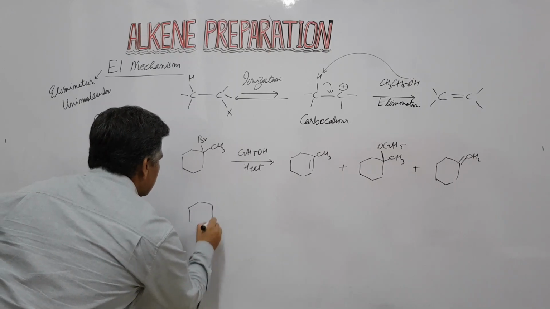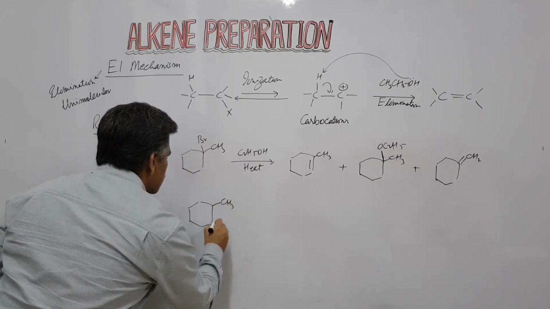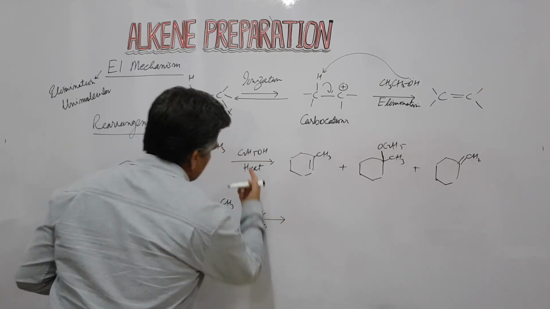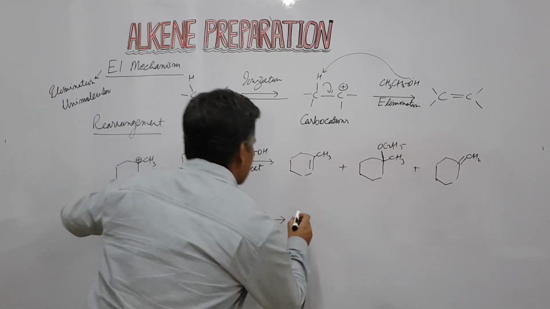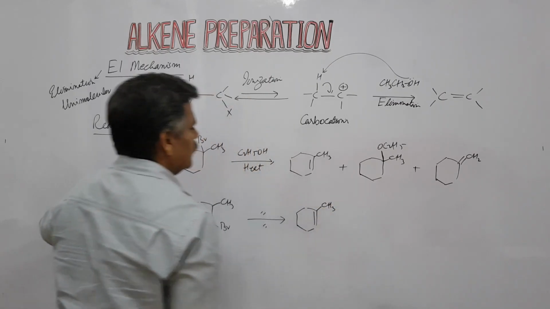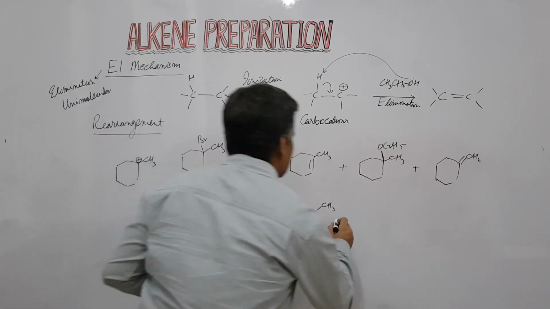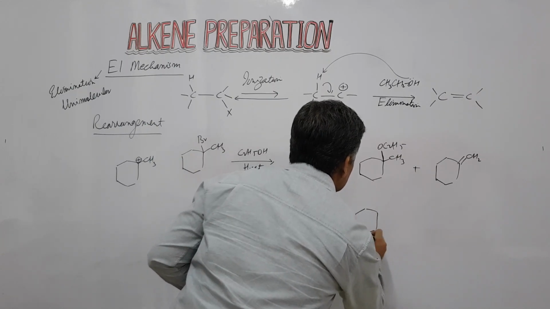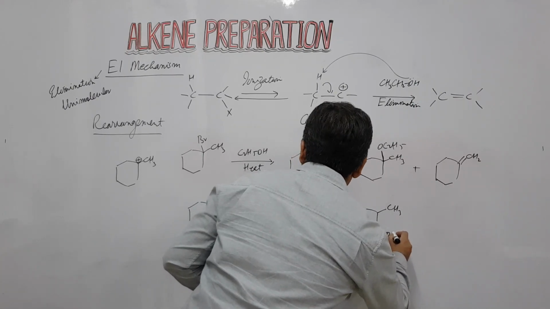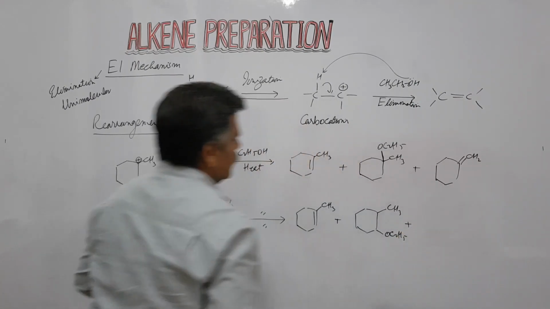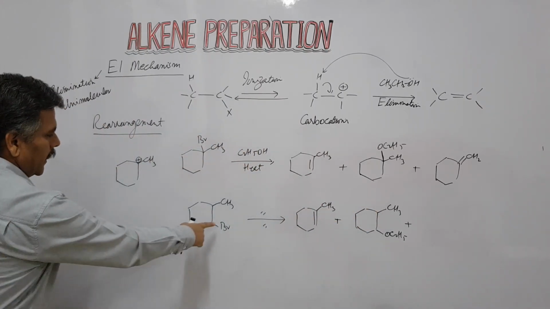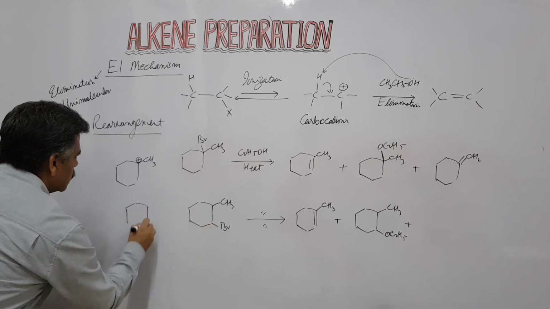Another one: this is CH3 and here we have Br, and if you use the same reagent, ethanol and heat, then we have the first product here, cyclohexene, the elimination product, and we have this one, the substitution product. So these are the elimination and substitution products, but we know that the carbocation that will form from this is this one,